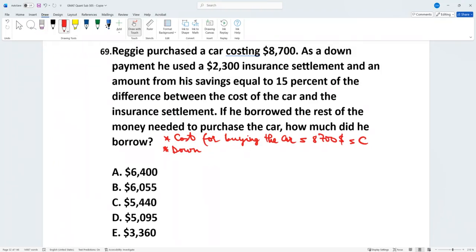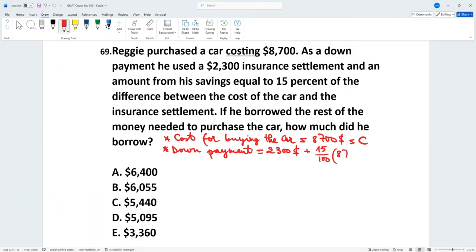Down payment, that is going to be equal to $2,300 plus, so it says $2,300 insurance settlement, and an amount of his savings equal to 15% of the difference between. So it's going to be plus 15%, so 15 over 100 of the difference between the cost of the car,